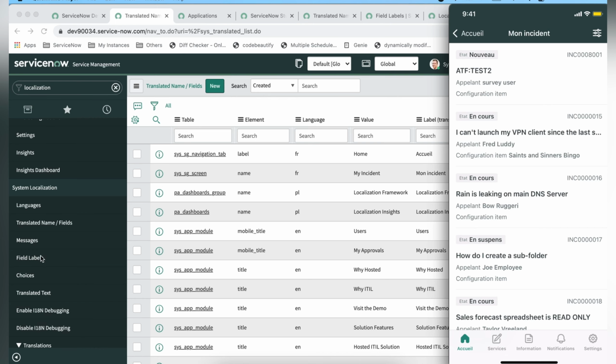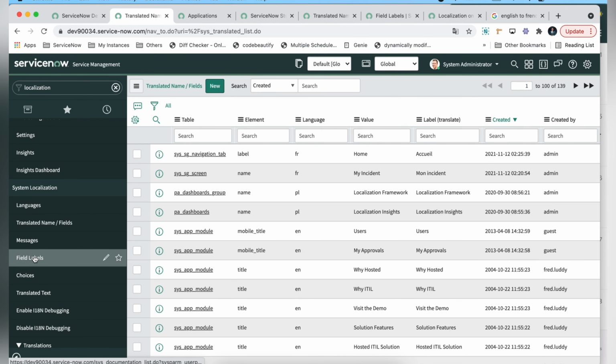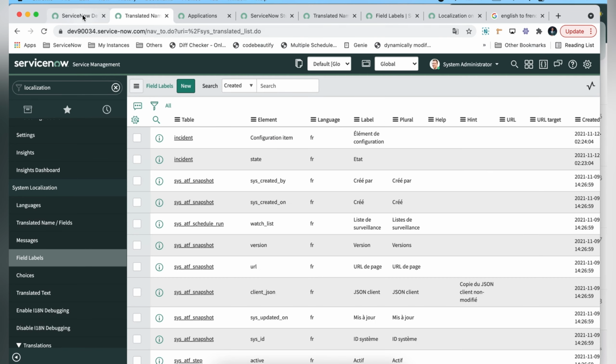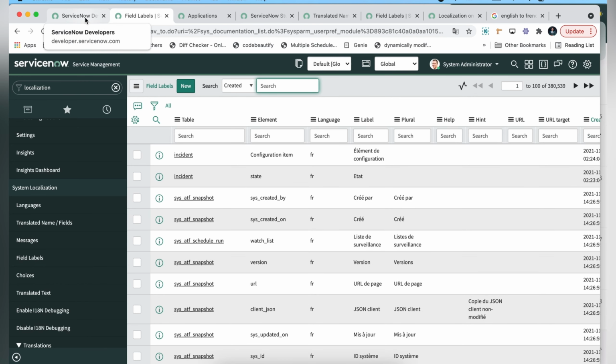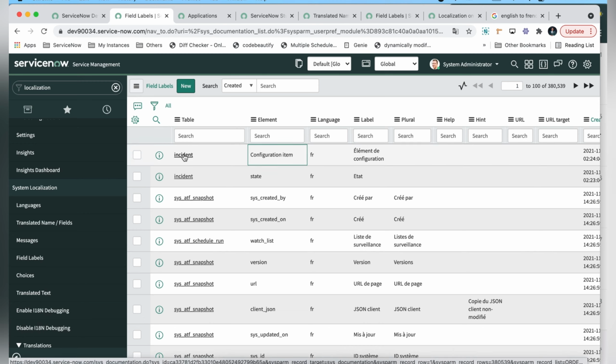So let's check here what's the issue in the configuration item. Or maybe we'll go to an incident. Okay, so I think the element would be the field name. Let me open it and change.